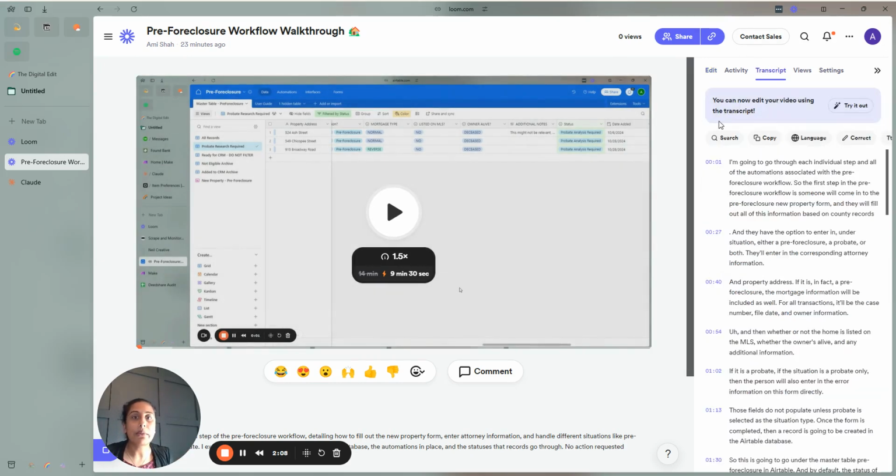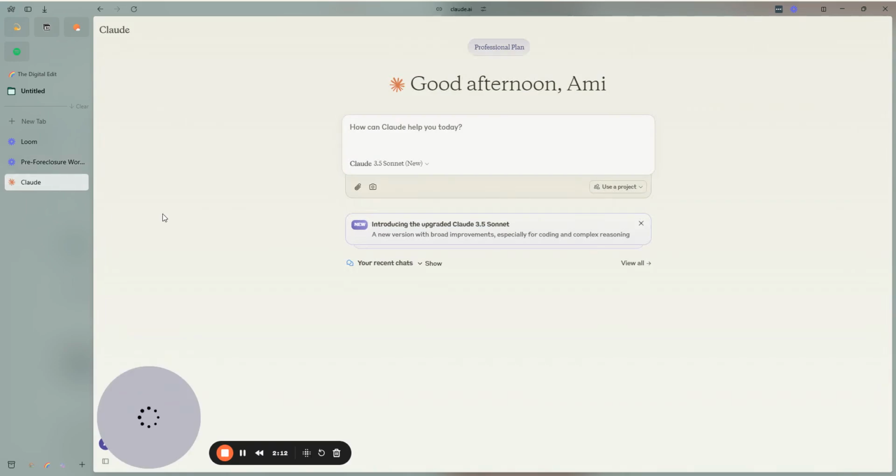Now in Loom, I'm going to go ahead and copy over my transcript, and I'm going to use Claude for this. I really like Claude. I think it is one of the best LLMs out there in terms of the quality of its writing and the output. And so I'm going to just give Claude a prompt that says, I am conducting a workflow audit